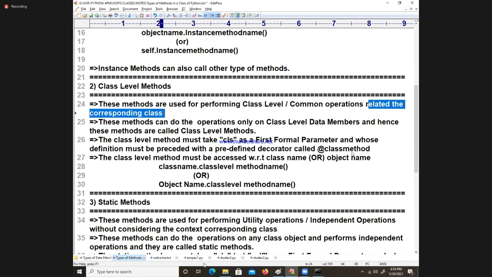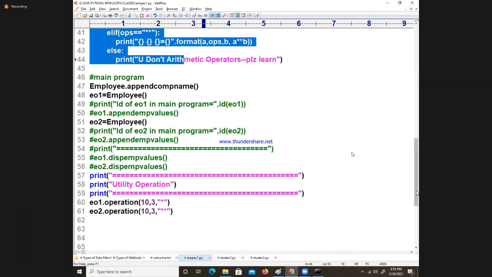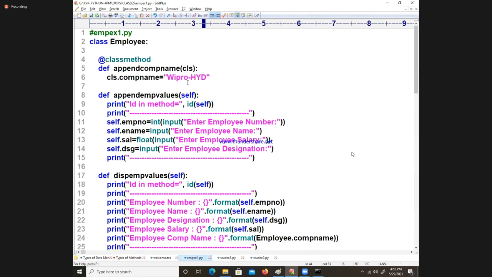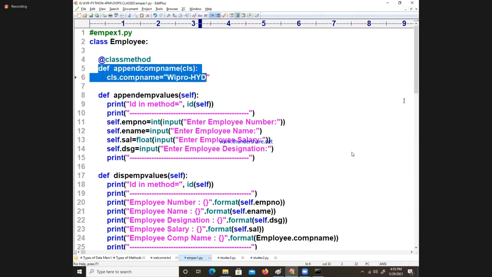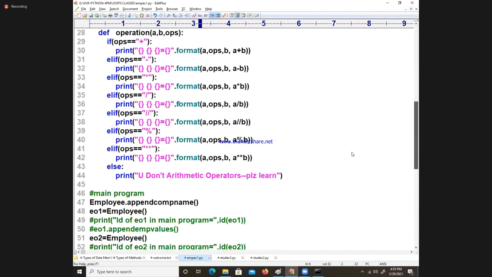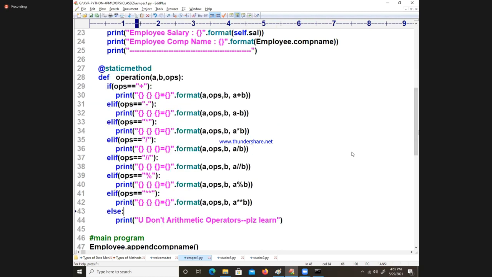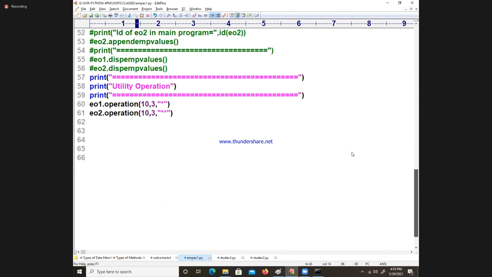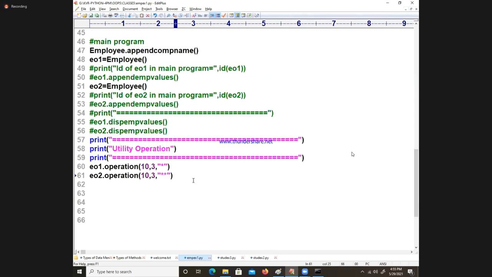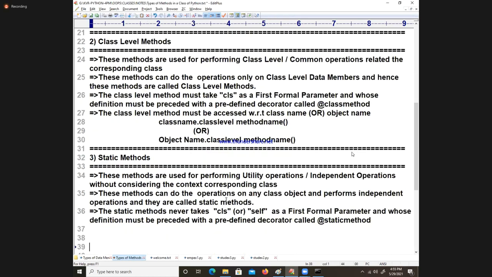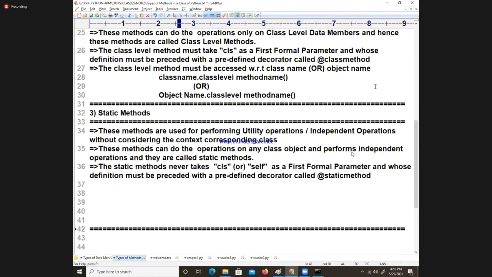Related to the class means employee related to the company, related to the class. Static operation, this is irrelevant to the class. I am providing one calculator, right? Understand the English. First of all, this is very, very important. So, coming to the point back, we understood that point here.